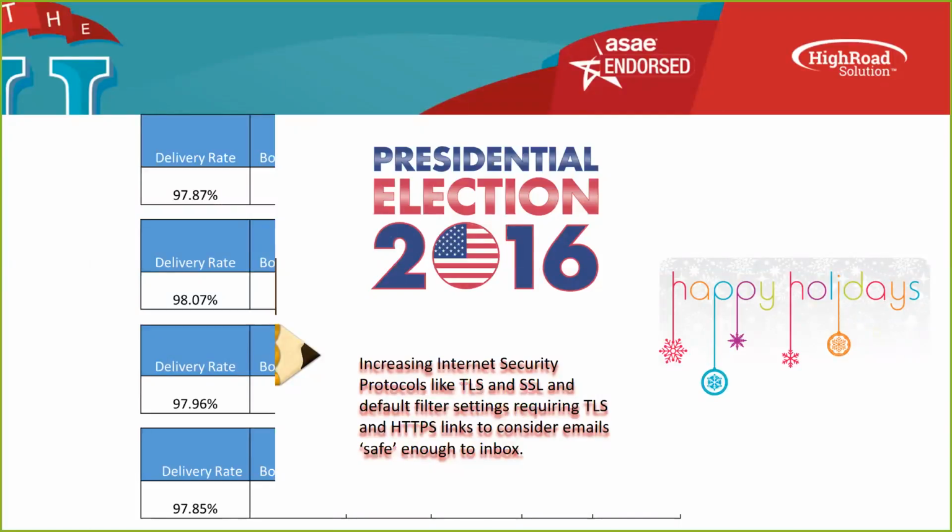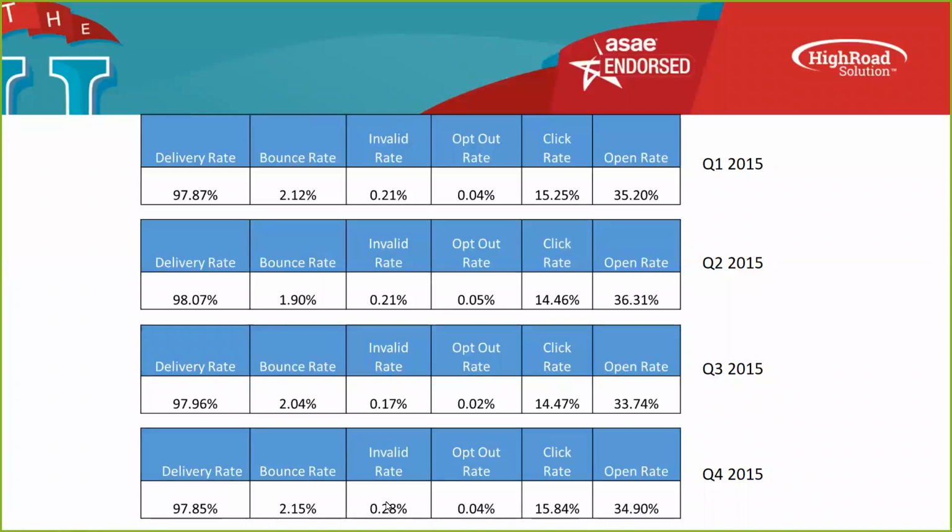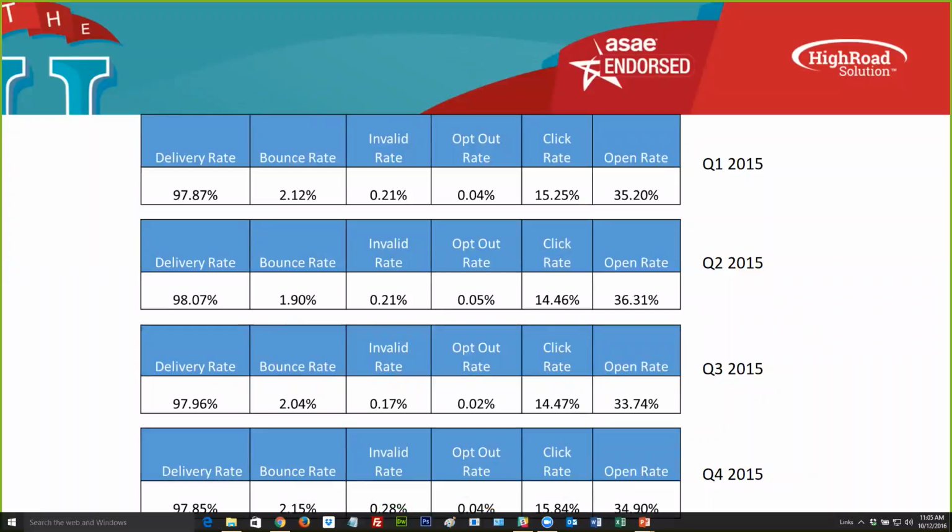Okay, so taking a look here, we have Q1 2015 all the way to Q4 2015. So these are last year's email metric benchmarks that we did in a benchmark study for all of our association clients and what exactly they are seeing in terms of average metrics. So this is kind of a basis for comparison for what your association is doing. You might be doing slightly better than this. You might be doing slightly less than this, but regardless, this is an average